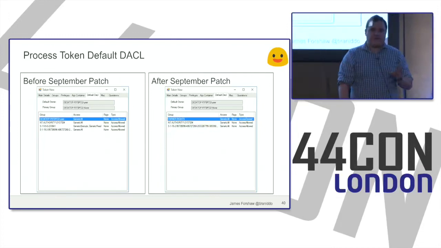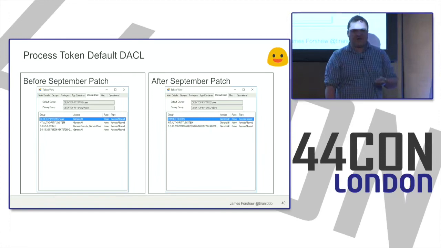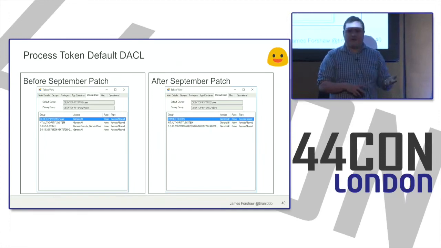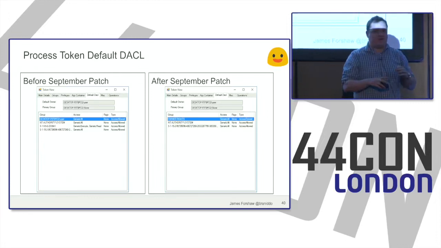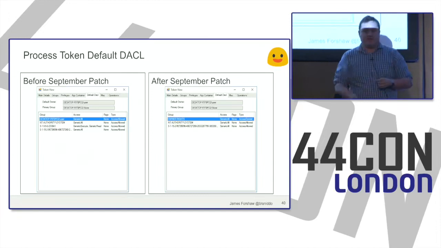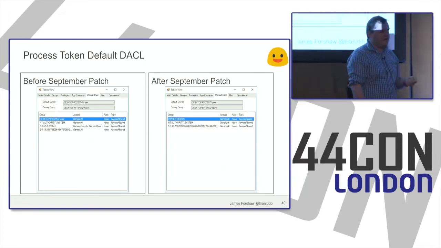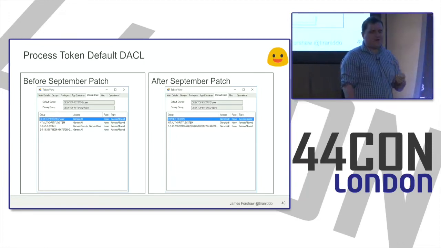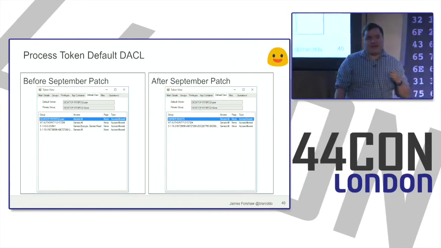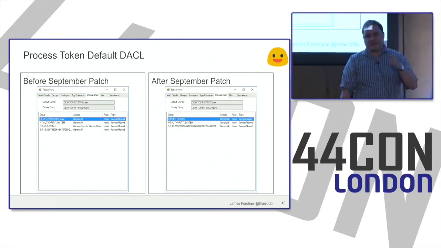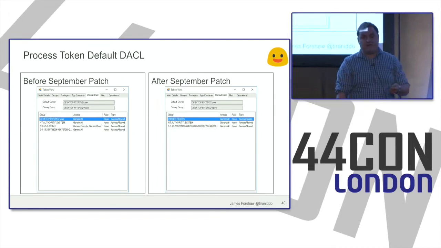So every process token, or every token on the Windows system, has something called the default DACL. Now, normally, when you say create a file, the access control list is usually inherited probably from the parent directory. So the parent directory has an ACL which says, this entry, I want you to give this entry to any created file in my directory. But not everything works that way. Not everything has inherited ACLs. Instead, for example, kernel objects usually need some sort of mechanism to determine who is allowed to access them. And it does that by taking the current token's default access control list and applying it to any kernel object.